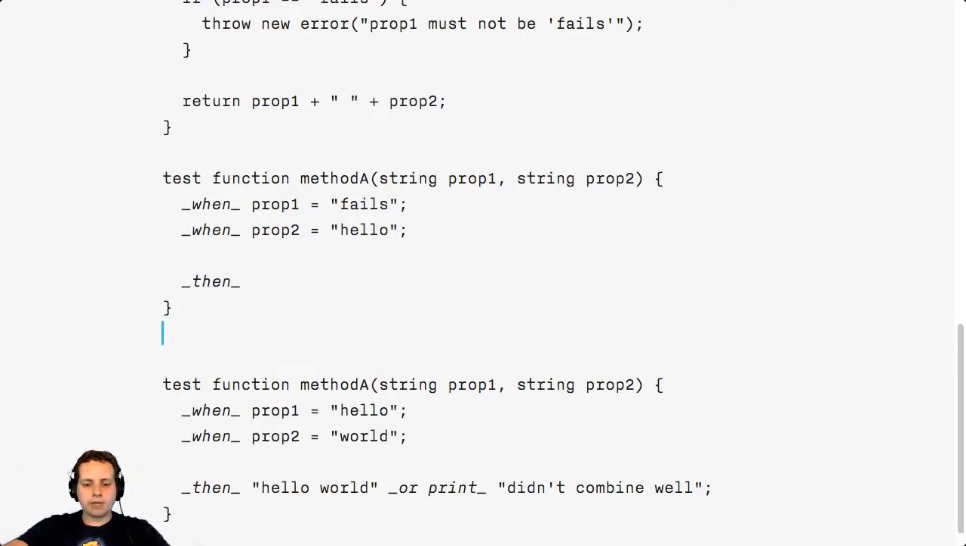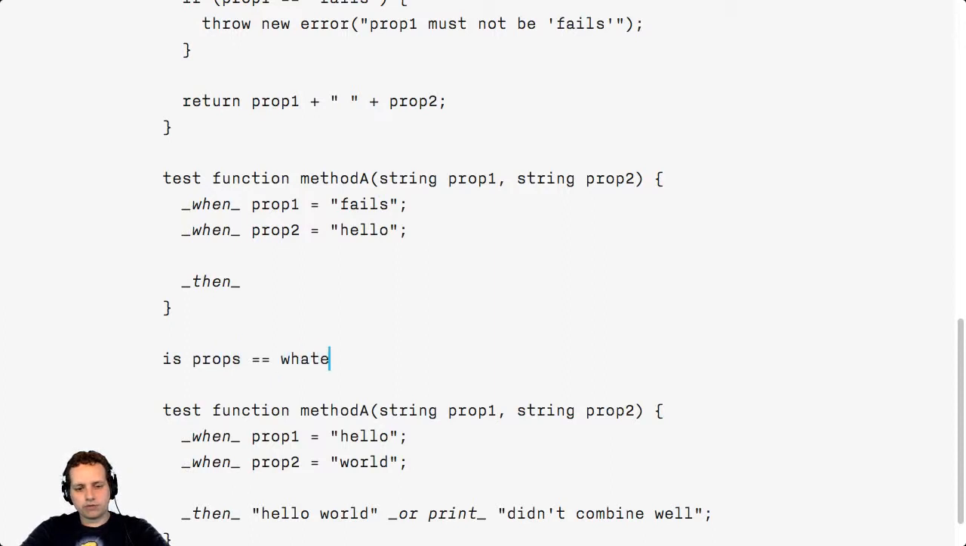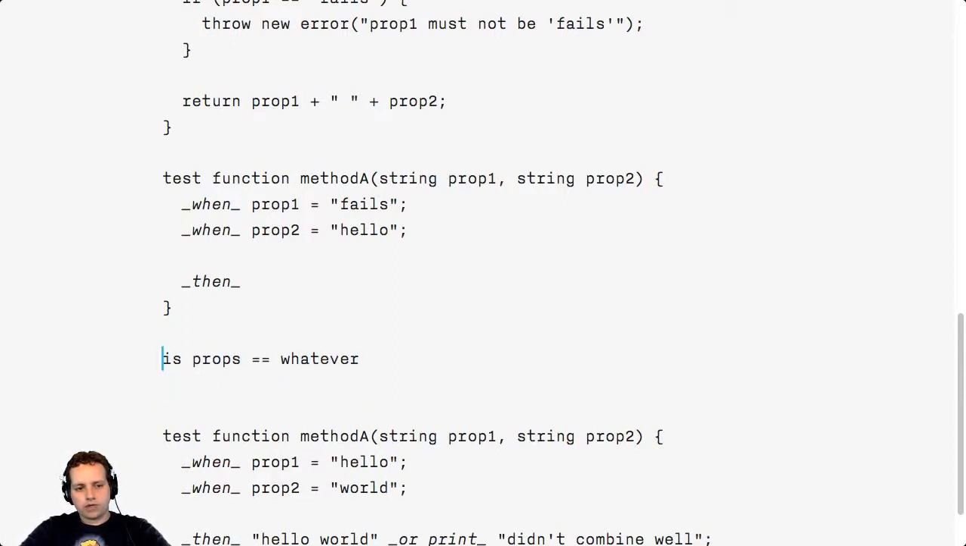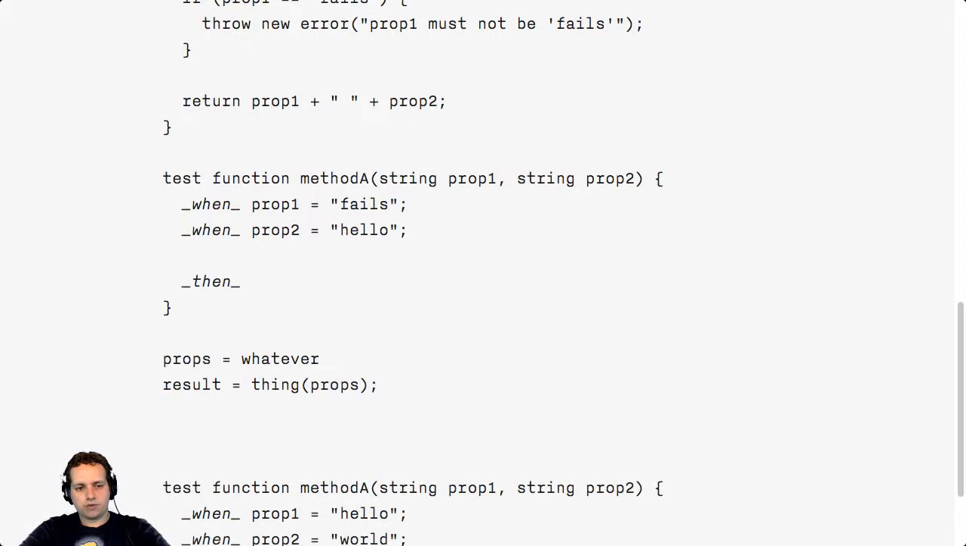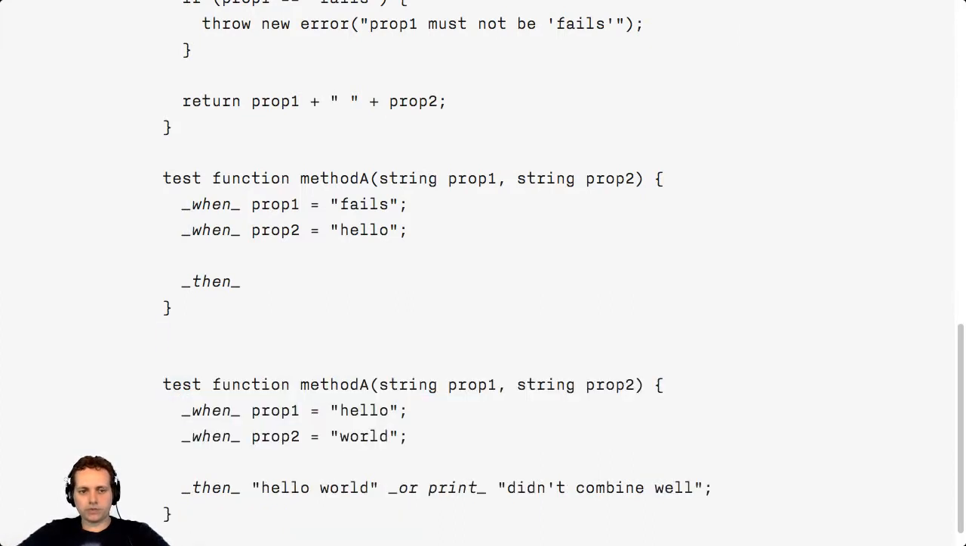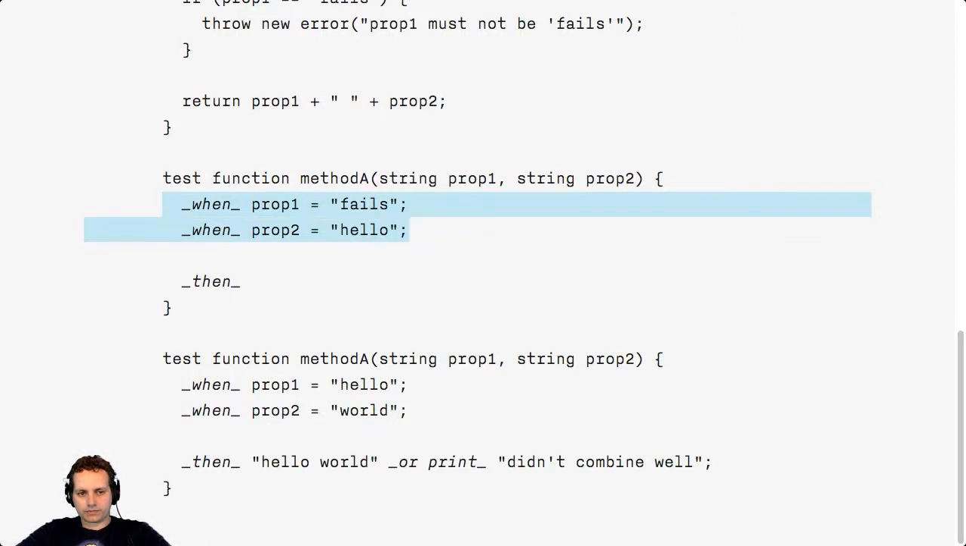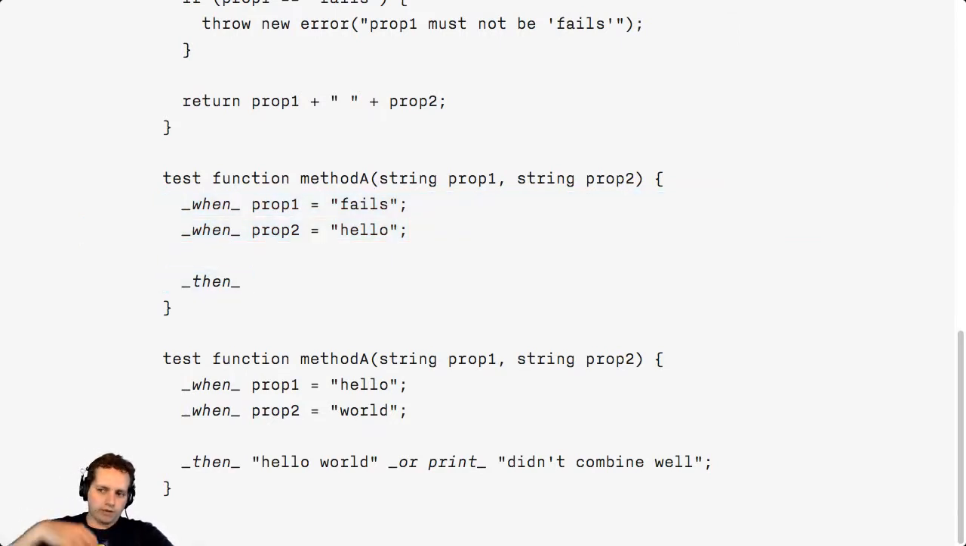Because usually what you would have said in another language is props is whatever, result is thing, props, assert result is something. That's so if some precondition, when some behavior or event, then some expected result. What I'm saying is when these preconditions, by the time I get to then, something I can use. That something being the return of method A. So maybe if those preconditions, then